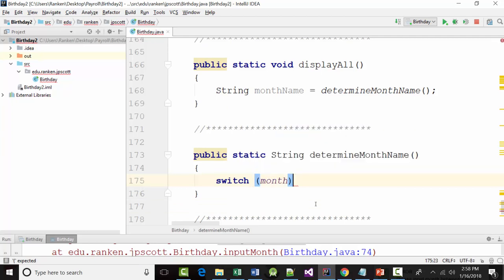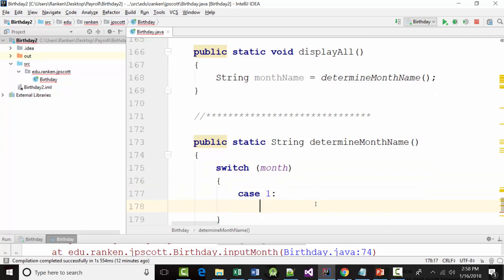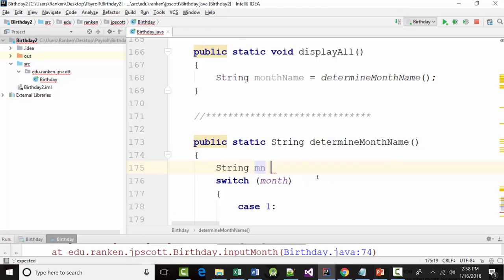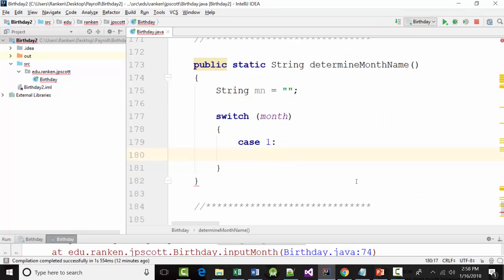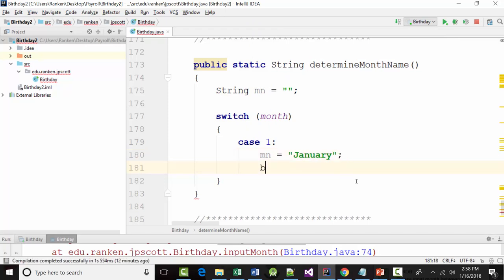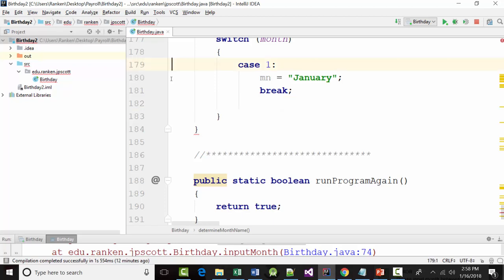But now, what do I have to do? Well, I have to say case 1. All right. Then the month name is equal to January. And break. All right. To try to make this faster, I'm going to see if I can get away with